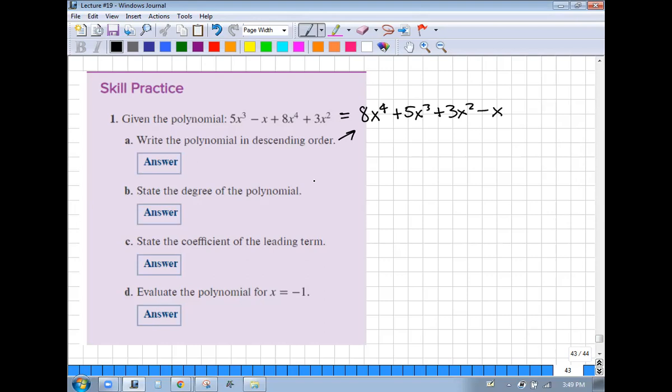The degree of the polynomial is 4, the highest power. The leading coefficient would be 8, the coefficient of the leading term. To evaluate this for -1,